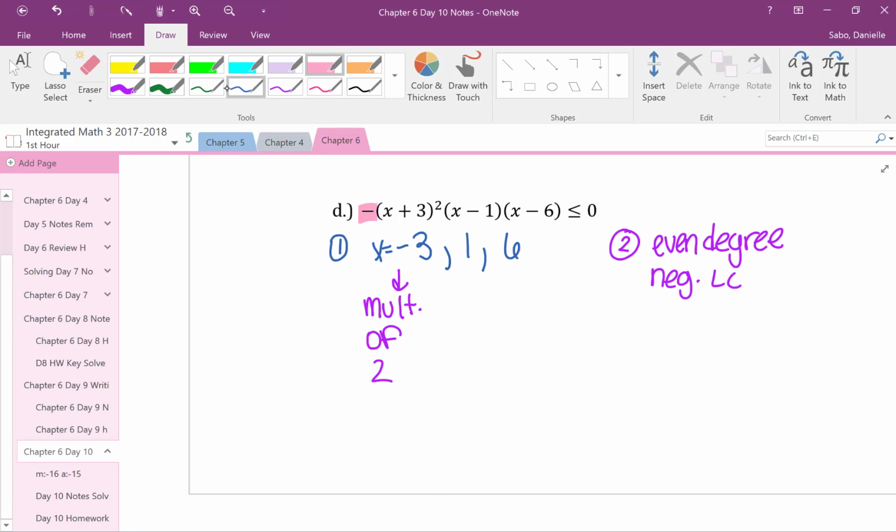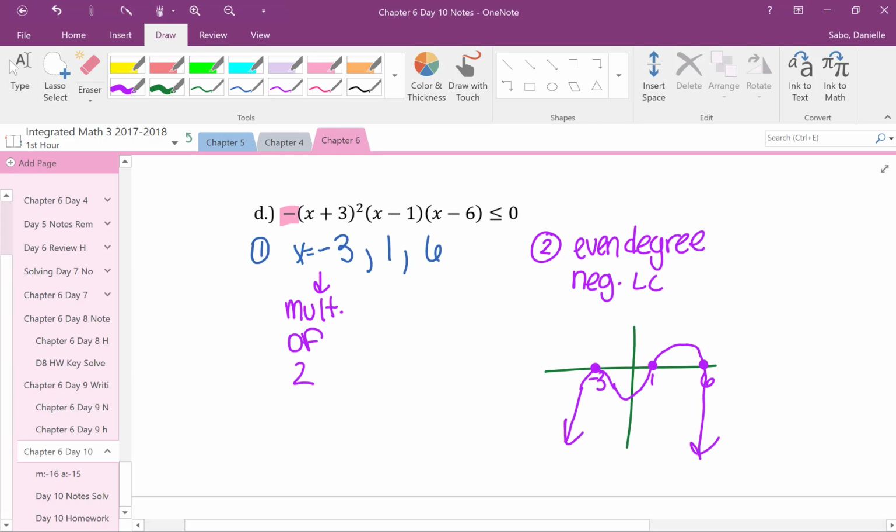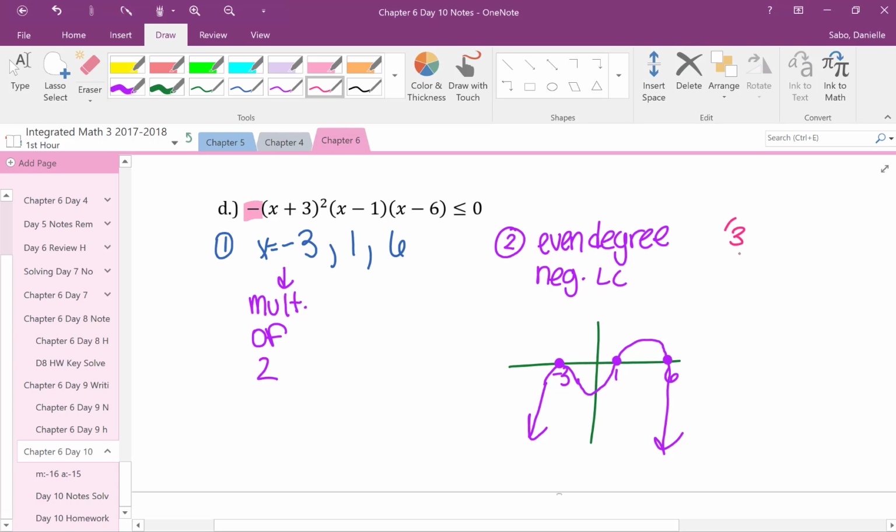Now I can go ahead and draw out my graph. I have a -3, which is somewhere over here, a 1, and a 6. It's even and negative, so I know it must go down. And that multiplicity is at this -3 point. 1 and 6. So that means I'm going to have some kind of bounce back there. Boom. That's kind of how I do it. If I know there's a multiplicity, I draw a little parabola there, and then I continue the arrows. So again, it's asking now, when is the function